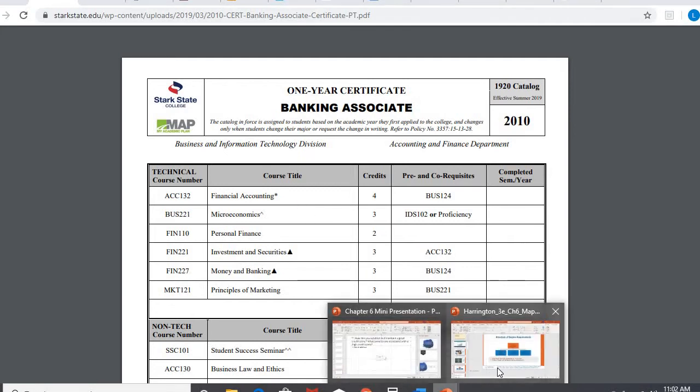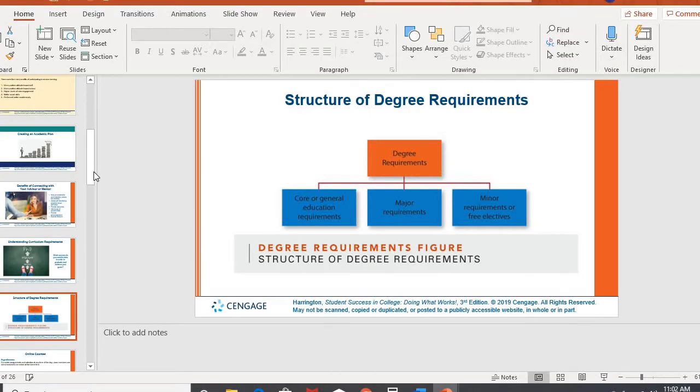So that is one of the big benefits, knowing early on kind of the path, especially because some of your classes that you have to take may only be offered once a year. And so knowing when that's going to hit, is that going to be a fall or spring class, so that